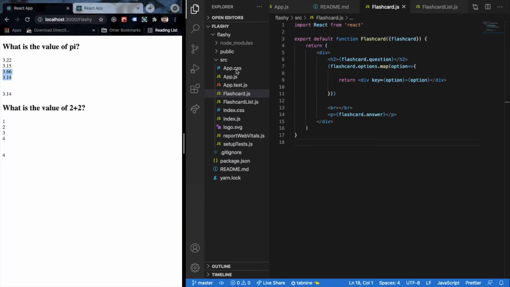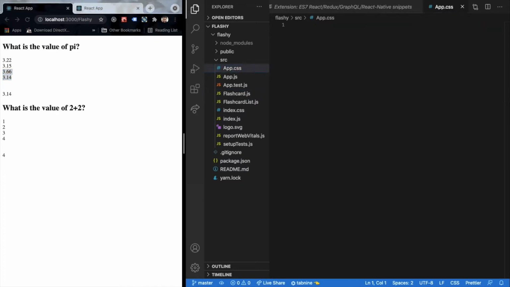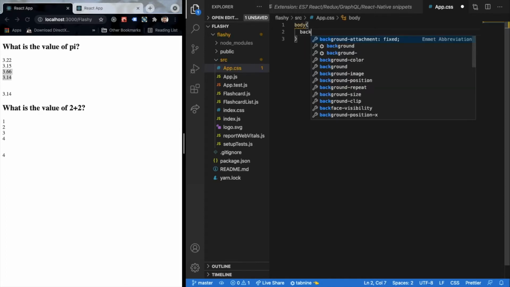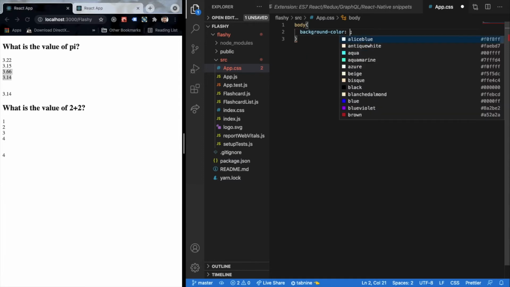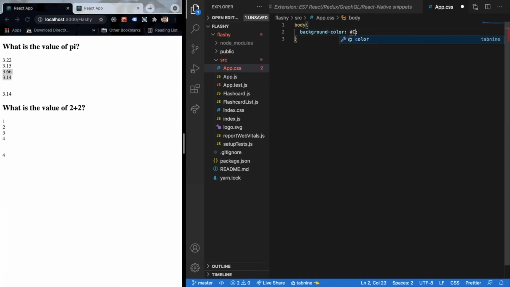So we can modify the CSS by going to our app.css class. There are different ways wherein you can do this, but I prefer doing that in the app.css class. Over here, I'll specify the body tag, and in this, let's say I want my background color to be somewhat of an off-white color, C8D0D2. So this would be that off-white color that we were looking for.